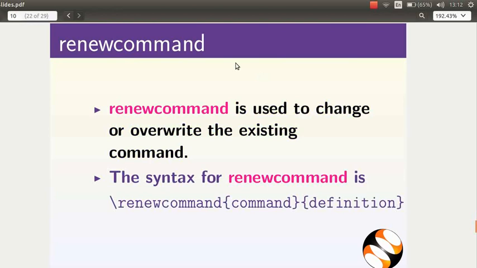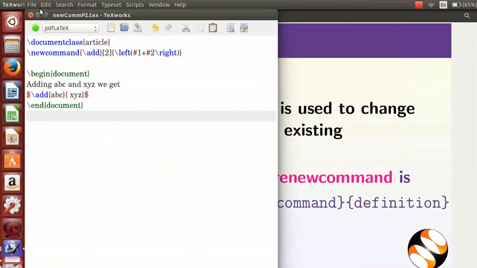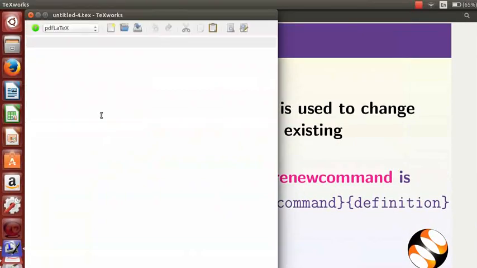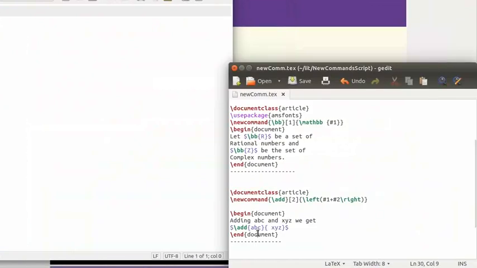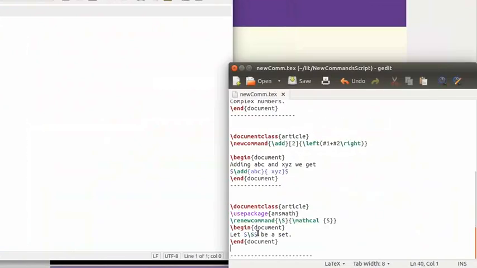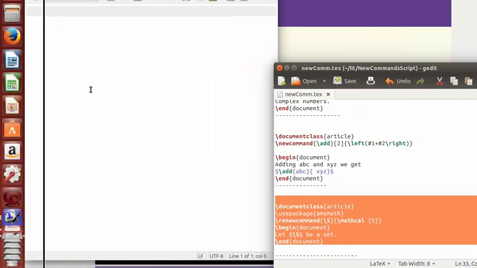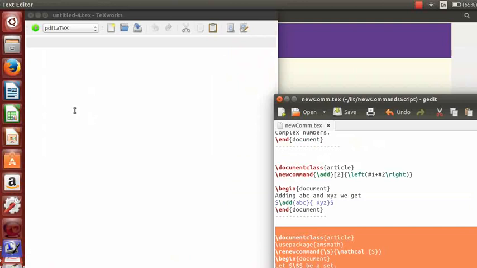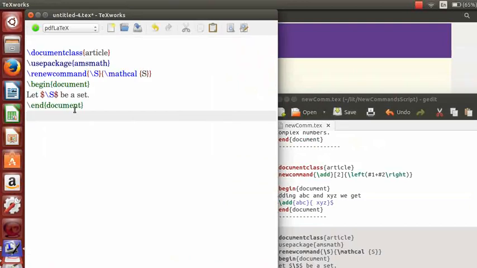Once again, we will open a new tex file. We will copy and paste the last block of code from our downloaded file into our newly opened tex file.